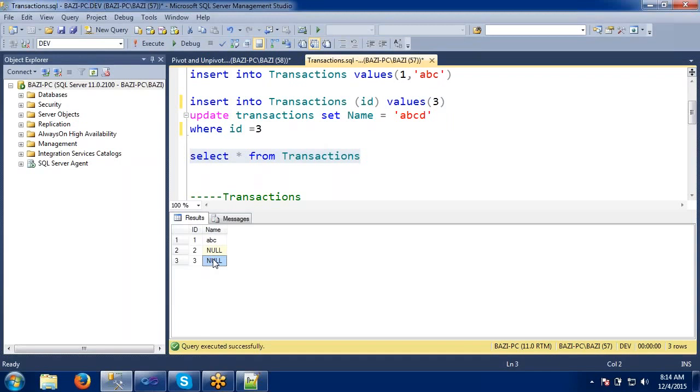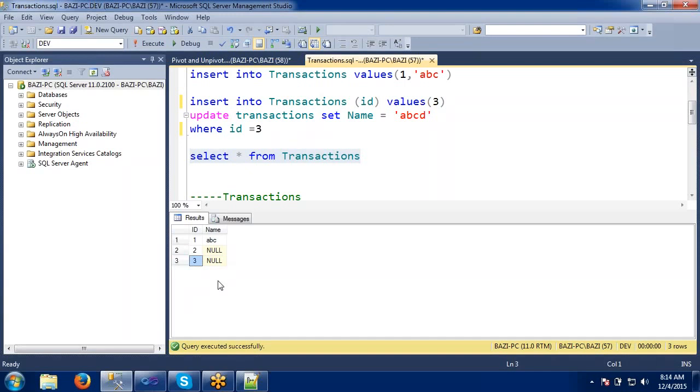Now I want to handle this situation like this. When there is a situation like this, I don't want to insert the complete record. See, I don't want this record 3. When I do the insert and update, if anything goes wrong in the update, the entire third record should not be inserted. It has to skip that record. It has to be rolled back.